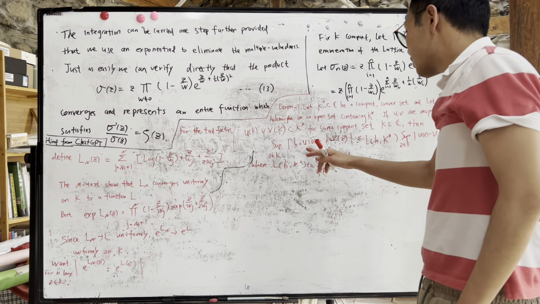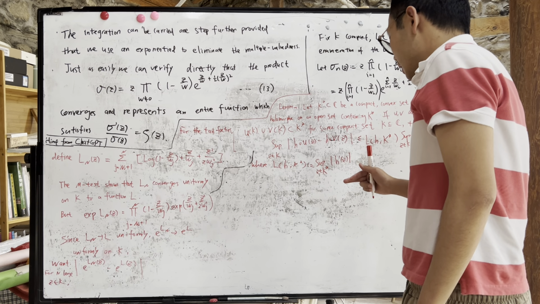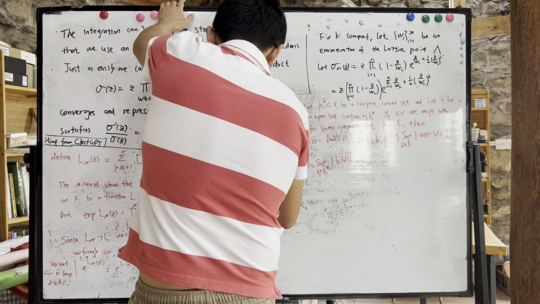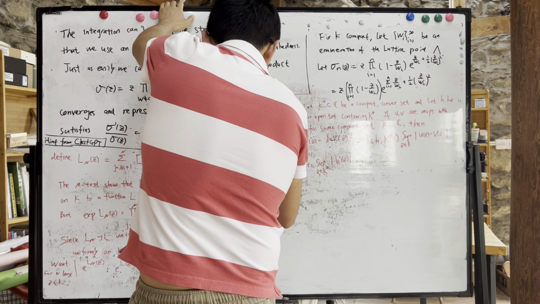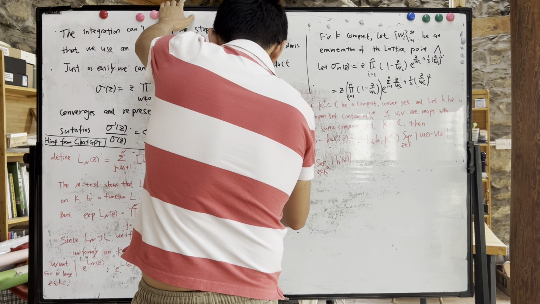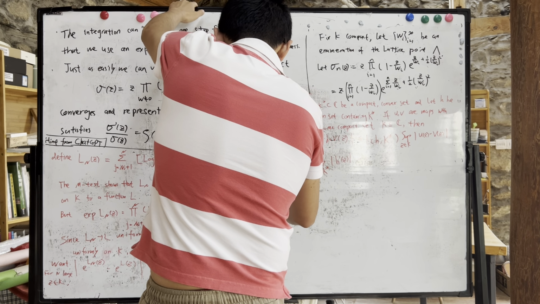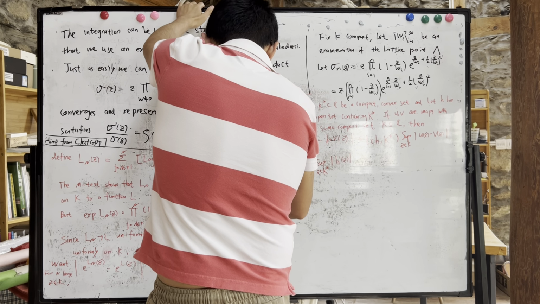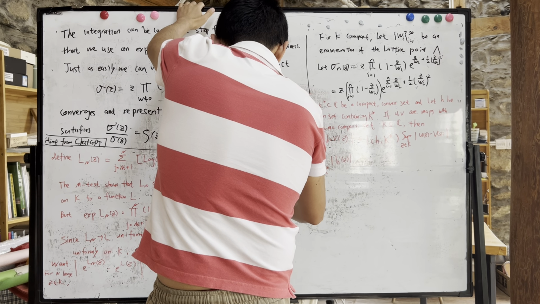So you write the modulus of H of U z minus H of V z,